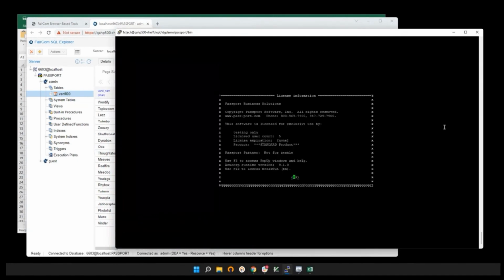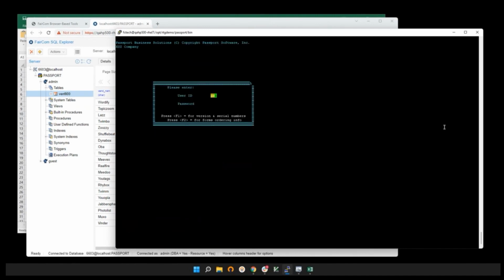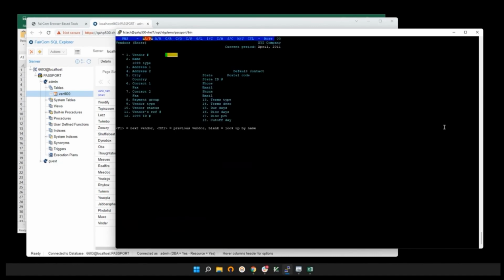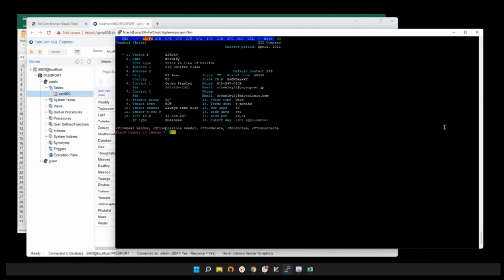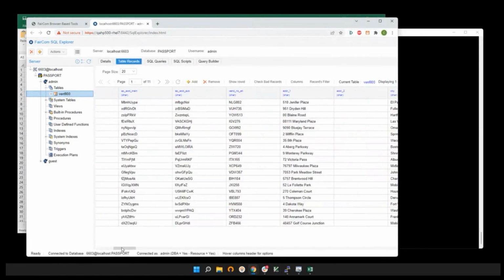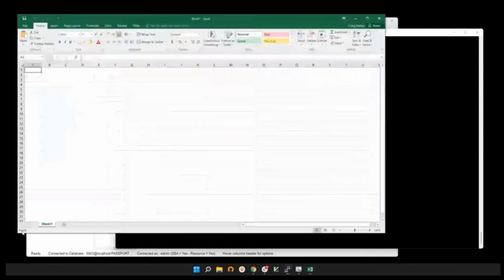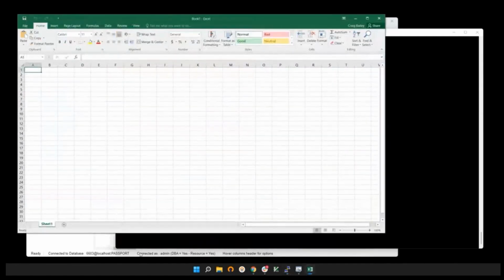We'll come in as c-tree again. And just to show that it's the same data, when we get to the first screen here, we can see where to fi is the name. This is just some scrambled data we created and loaded into these tables. It's got some information here. So what can we do with it in SQL? Well, great. One of the number one things people like to do is bring that over to the desktop